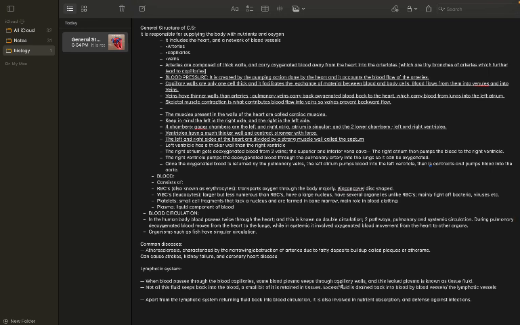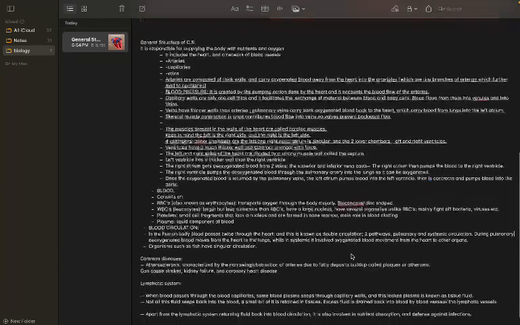So, now this extra fluid is drained back into the blood by the lymphatic vessels. Now, apart from the lymphatic system returning fluid back into the blood circulation, it is also involved in nutrient absorption and defense against infections. Now that we're done with these notes,